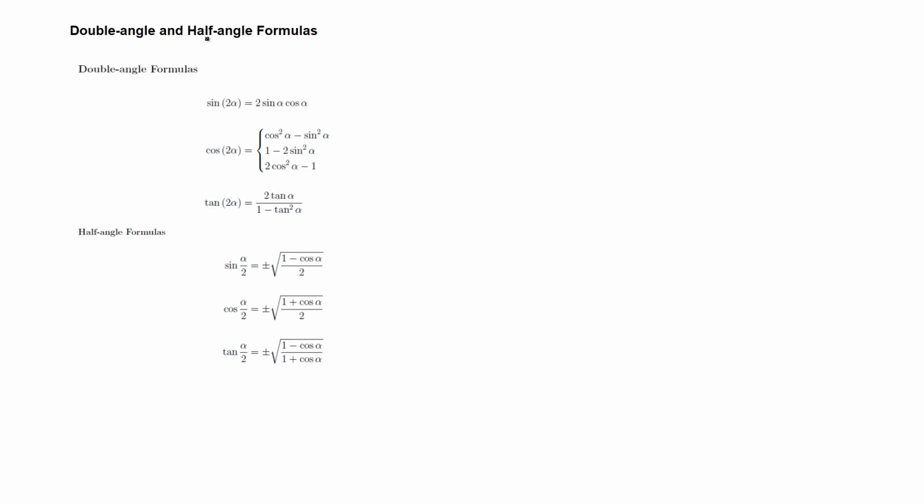Double angle and half angle formulas. Let's do first the double angle formulas. Sine of 2 alpha, or 2 times any angle, is just 2 times sine alpha times cosine alpha. The double angle 2 alpha is now written in terms of just alpha, and this comes from the fact that when